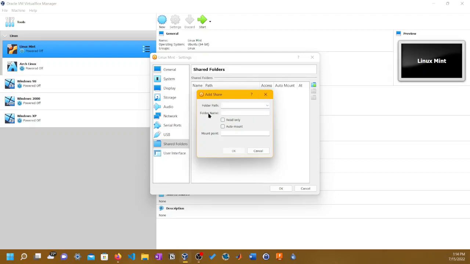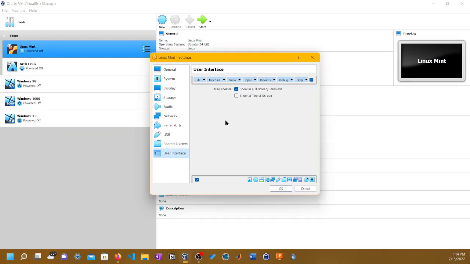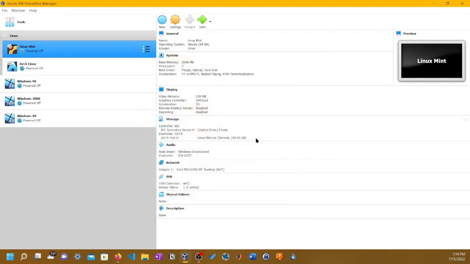There's mount point, so you could share a folder there, I guess. And then there's user interface, so whether or not you want to put the menu on top or bottom. I'm just going to put it at the top of the screen, just in case. All right, so yeah, let's test this stuff out.